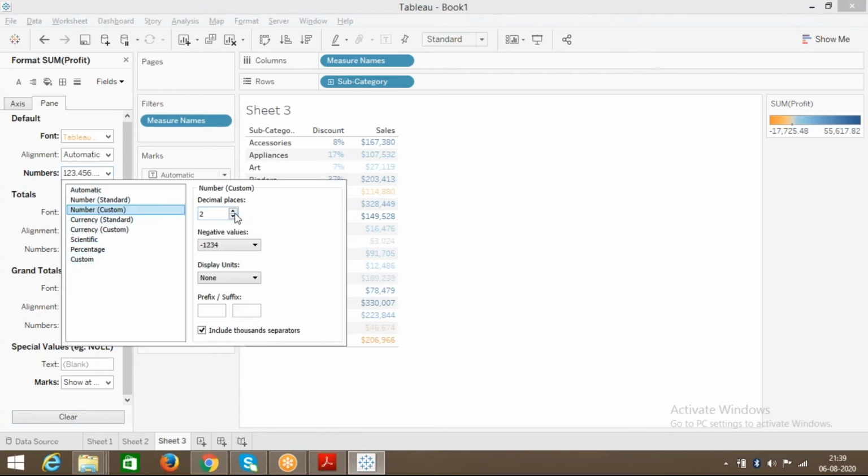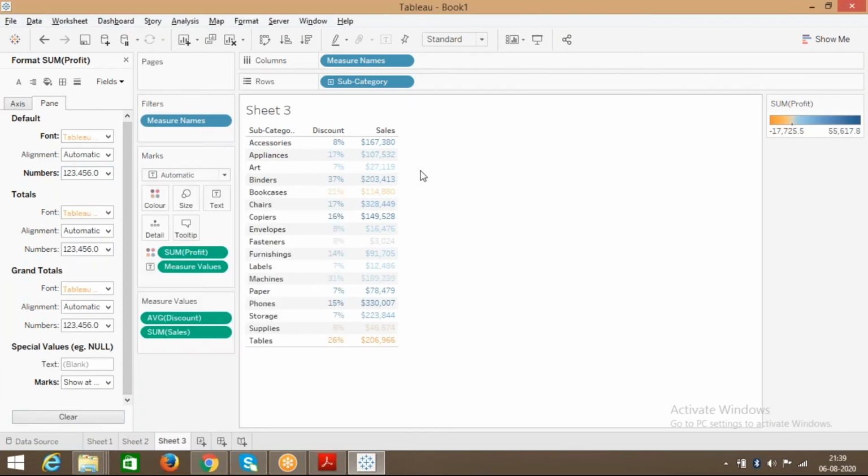Maybe click on number. I want only one decimal place. Click over here. So whatever you're seeing right now, this all depends on the data available in your profit. So even though you have dragged the sales and discount, this is working based on the profit.